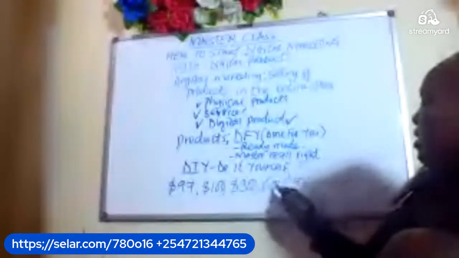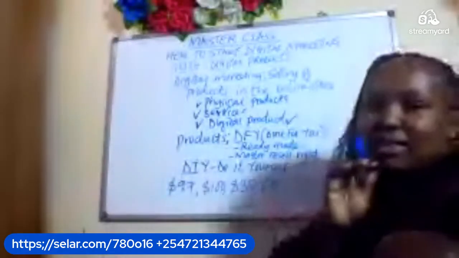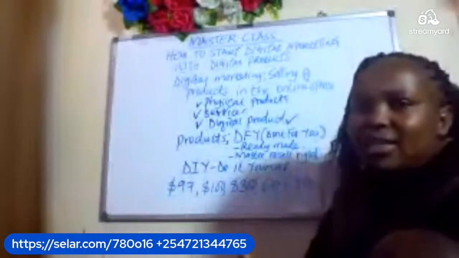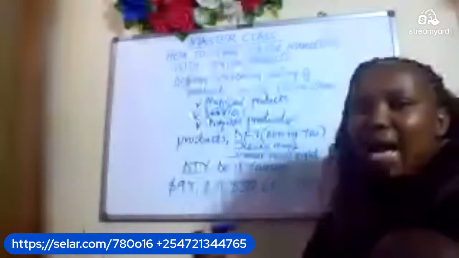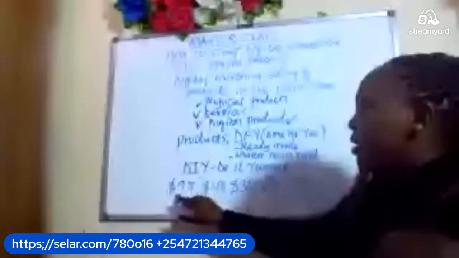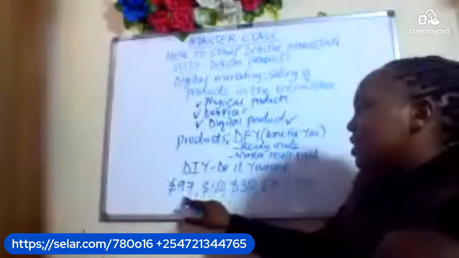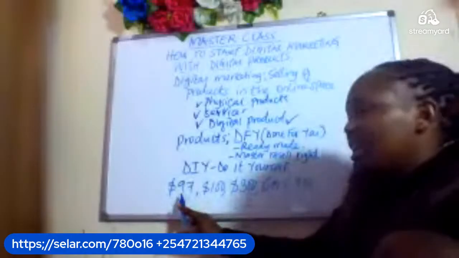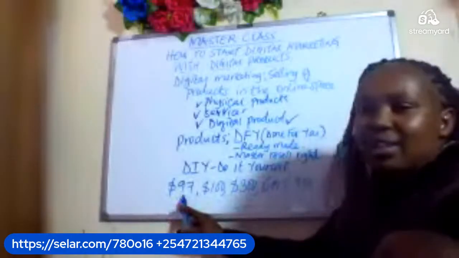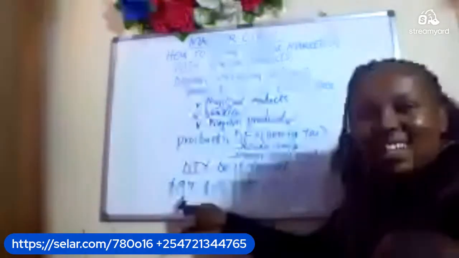Now, all this is as I've not counted a master resale right. A master resale right, like I said, is a license that allows you to resell someone's work as if it were your own. So anytime you purchase this one and resell it, you're going to resell it at $97. But I've said the actual price is usually $300. But I also acquired it ready-made. It's important for me to mention that.